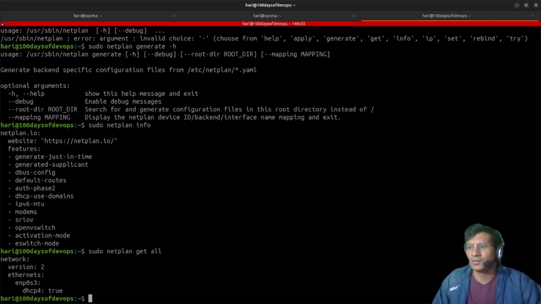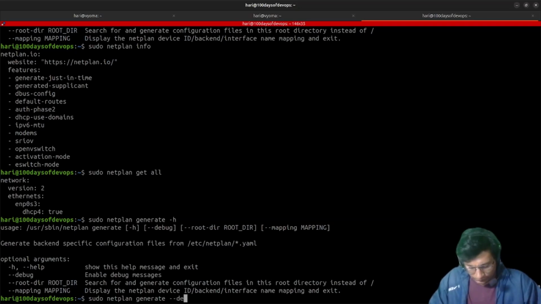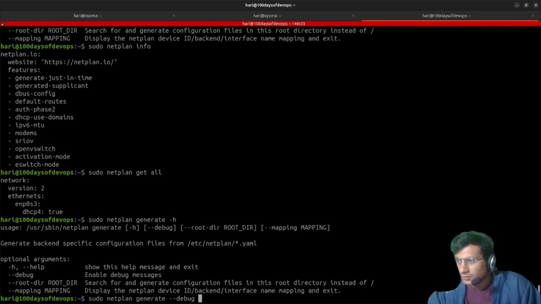Only one device is available over here. I think they both have the same thing, that's why. Display the network device. Debug, and then we have